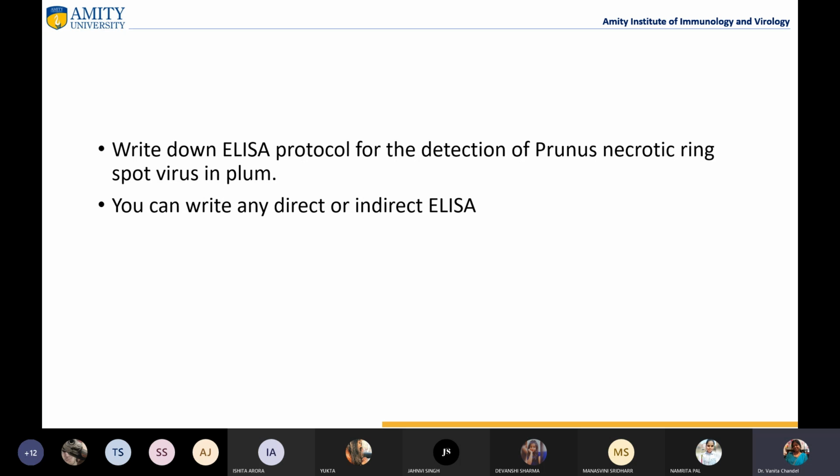Then, in which buffer we dilute the enzymes, and in which buffers we dilute the antibodies and blocking. So, there were proper buffers which were being made, and those buffers were being used. But these days, the buffers come with the kit only, so we don't need to make any kind of buffer. But since you are going to write this practical, I want you to write the buffers also, the composition of the buffers, requirements, and the methodology which is being followed, the protocol.